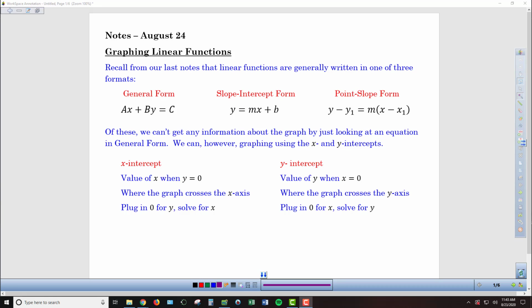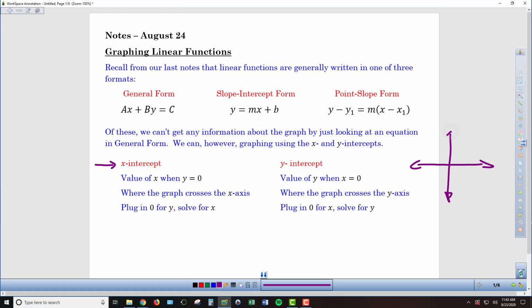And so what we're going to do is we're going to determine the two intercepts, the x-intercept and the y-intercept. We want to find the two places that the graph crosses through the axes. Because if we know those two places, if we know 2 points, then we can graph our line. And so the x-intercept is the location where the graph crosses through the x-axis, meaning that the y-coordinate must be 0, because if we're on the